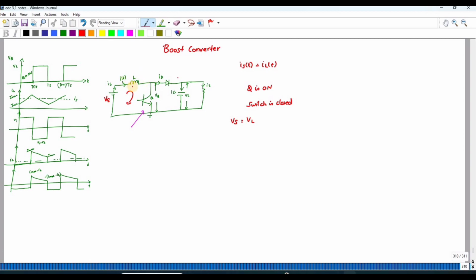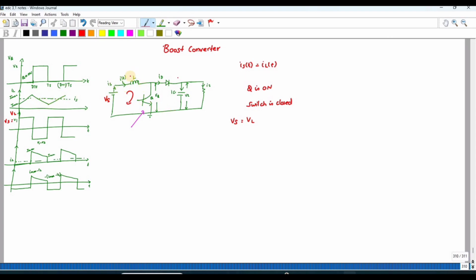So the voltage across the inductance, VL, is equal to Vs when the Q is on. During that time,